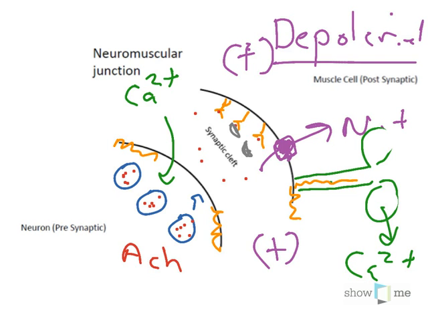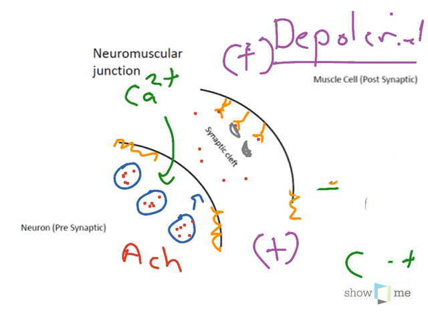Now, we'll get rid of the triad. We no longer need that stuff. This cell is now done depolarizing, and we go from depolarization, and I'm going to show you how we repolarize the cell, how we get it back to negative. Now, the first big step, after acetylcholine has been cleaned off by acetylcholine esterase, and the neuron